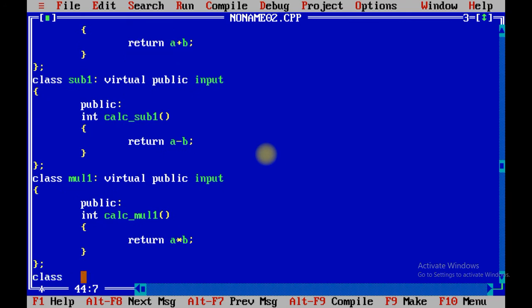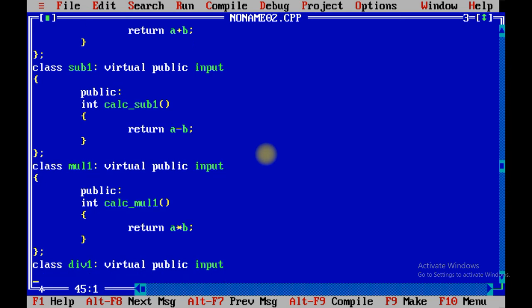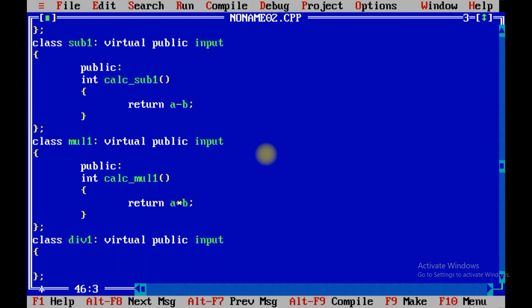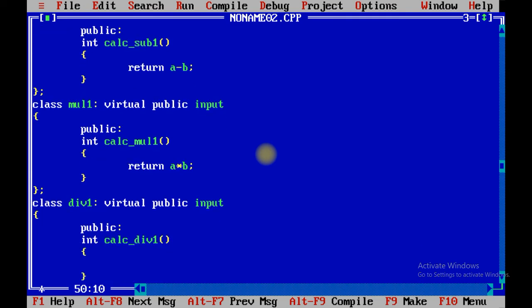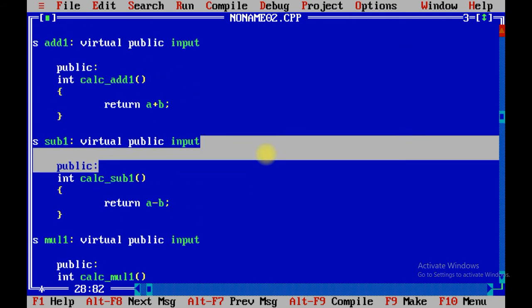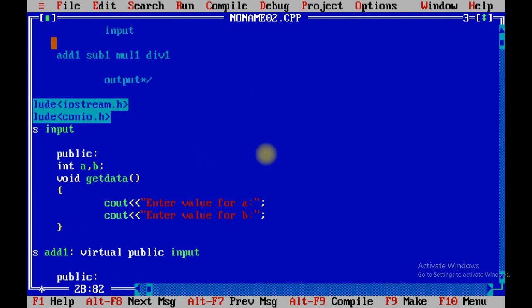And the last class is called division 1, virtual public input, public integer calculate division 1. You can copy and paste it also, a divide by b. So these four are the classes which have been developed using the virtual keyword.